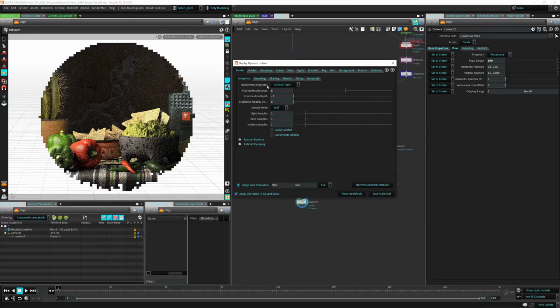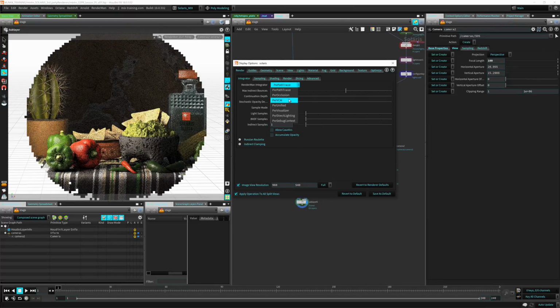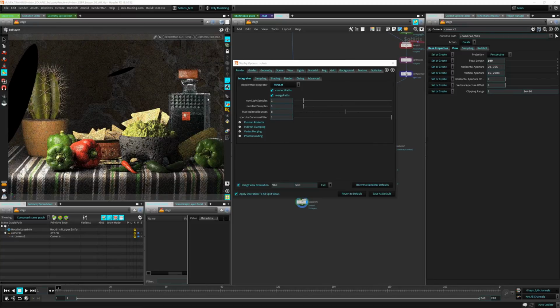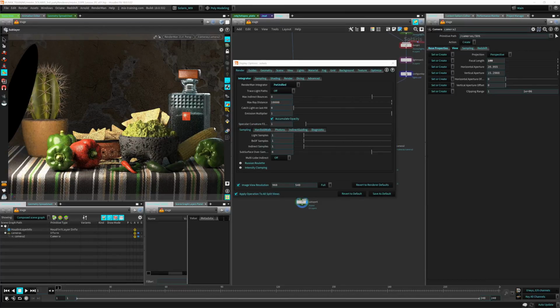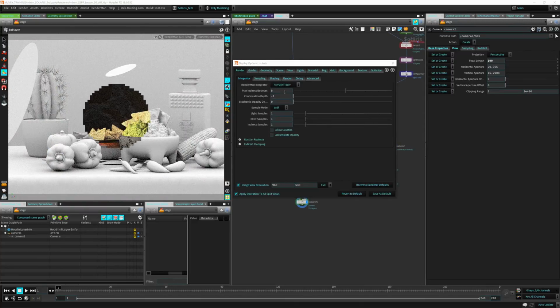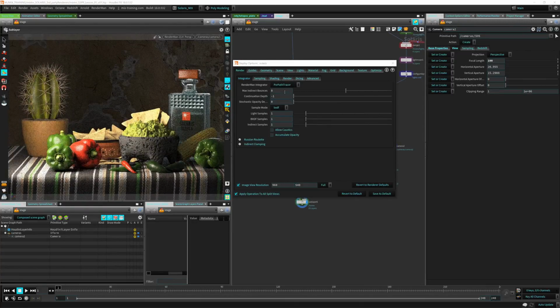One thing that might be useful for you to know is RenderMan has different integrators. You can change them. You can say this is just for rendering like occlusion. The BCM is a bidirectional renderer, which is really nice. There's also the unified, which I think is the newest one, and it's really cool as well. As you can see, all of these have different settings. So in this case, we're going to be using the path tracer just because it's the most common one,